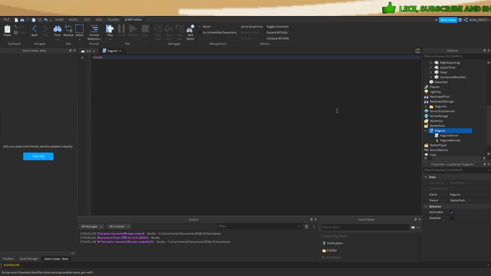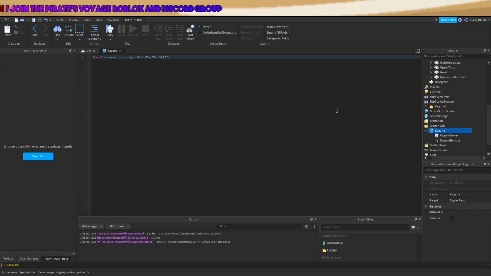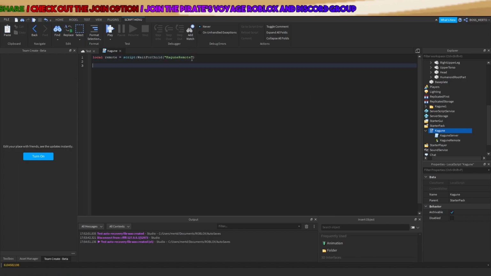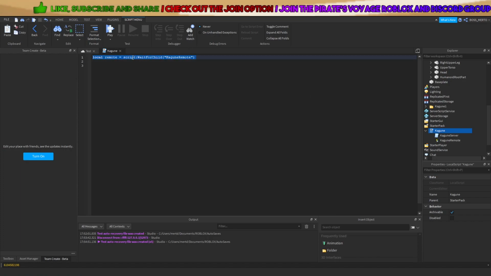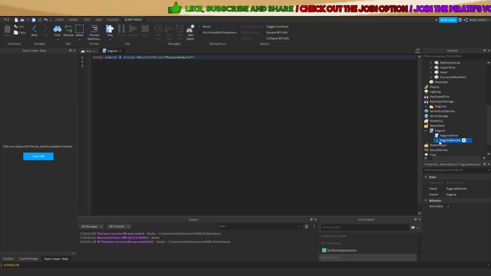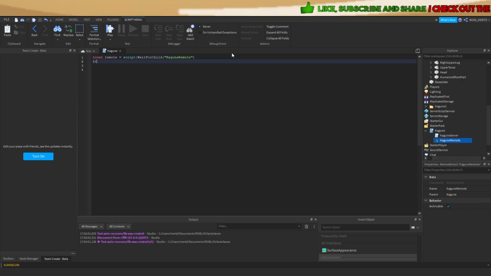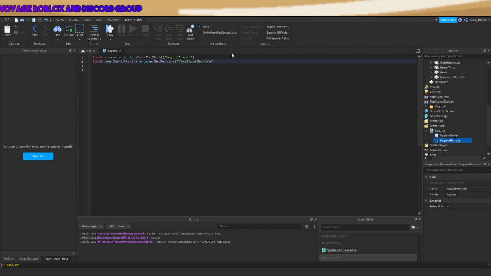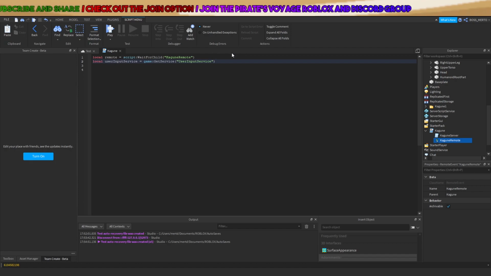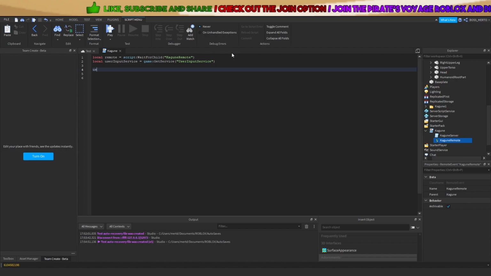So first of all, you actually should get the remote. So this line right here gets the remote, and we press to this remote right here. We should also get the user input service. This is a service which is responsible for detecting the user's input, for example, when the user has pressed a key or clicked his mouse or whatsoever. So once an input has begun,